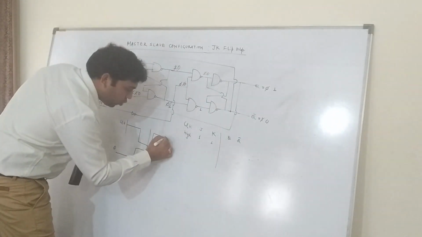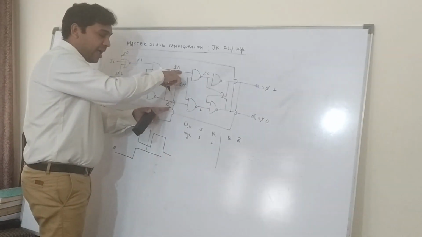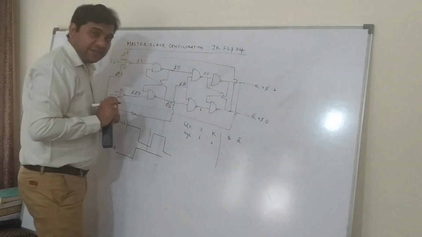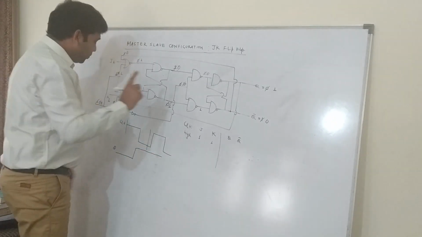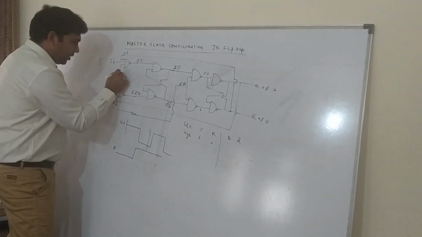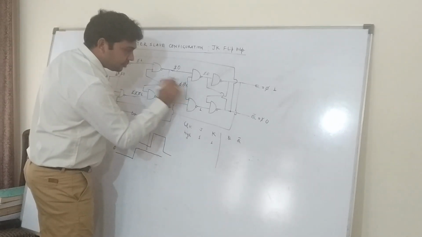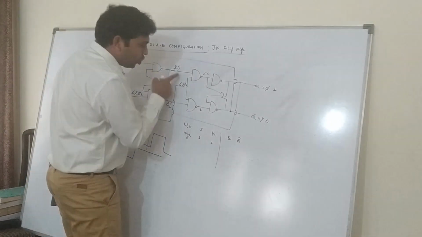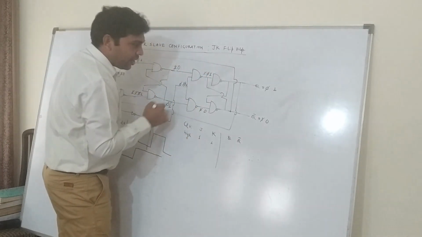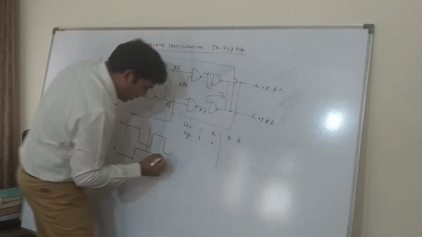Again, if the clock goes low, then this changes. Whatever changes occurred at the output of the master flip-flop, they will appear at the slave flip-flop as soon as the clock goes 0. As soon as the clock goes 0, this becomes 0. This becomes 1 1. And since this becomes 1, this 0 and 1, because of this 0 1 you have a 1 here, and because of this 1 1 you have a 0 here. Immediately because of 1 0 you have the output 0 1, meaning again the output toggles.